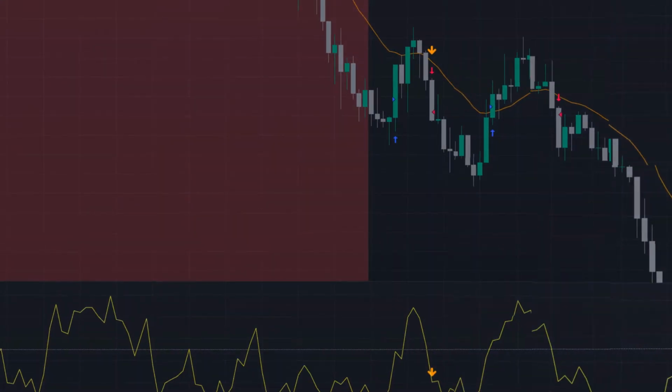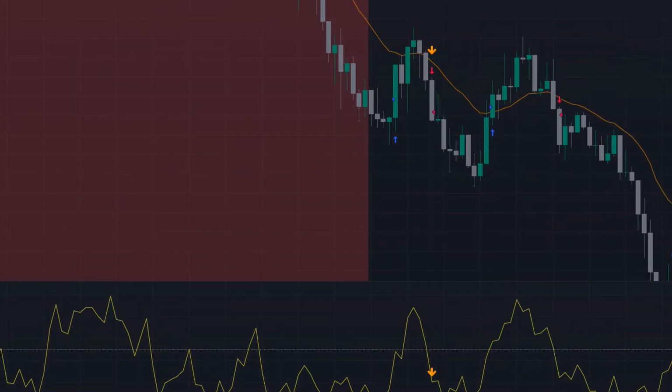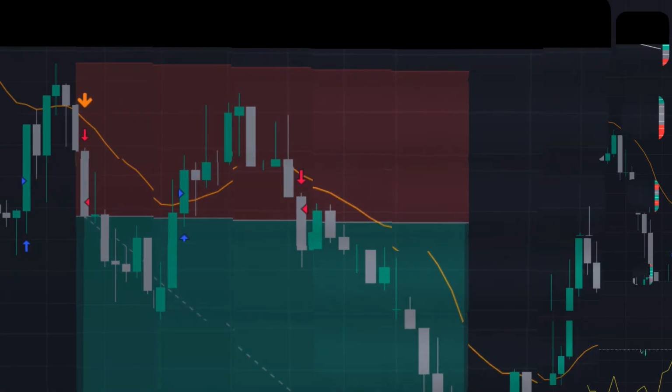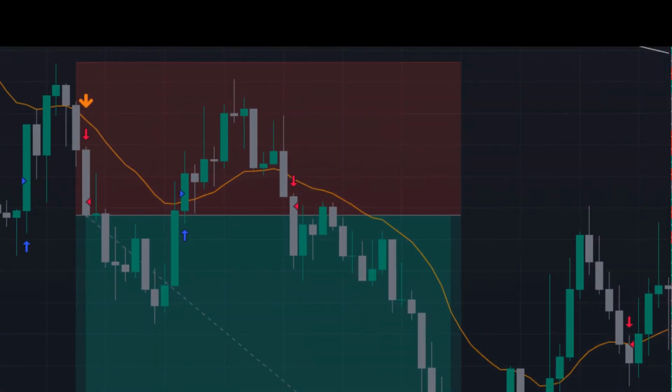Now let's flip to shorts. We continue to look for setups outside of the shaded area. Price to be below the 20 and 200 EMAs, Williams indicator to be below the 50 line, and a Parabolic SAR sell signal. We enter here placing our stop above the previous swing high, targeting 2-to-1.